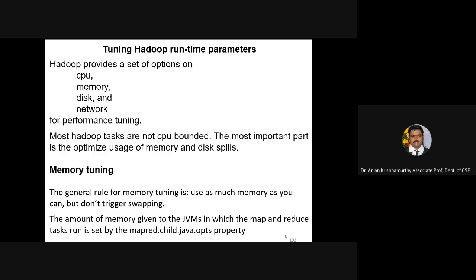The number of tasks which sit in the task queue, and the size of the memory which is available to you to make the jobs work, right? So based on this particular threshold, you will have to decide what level of memory tuning you will be able to do for the map and the reduce tasks, right?